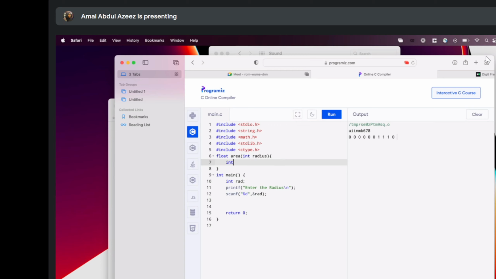So declare a variable called area. It should be float. Float area. Area equal to 3.14 into rad. You can also define 3.14 as a constant and name it pi. That's your wish. And then return it, right? So return area. So see, whatever value you return, it will be returned to the place where this area function